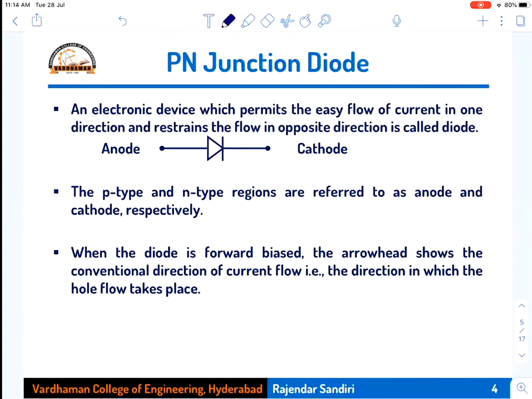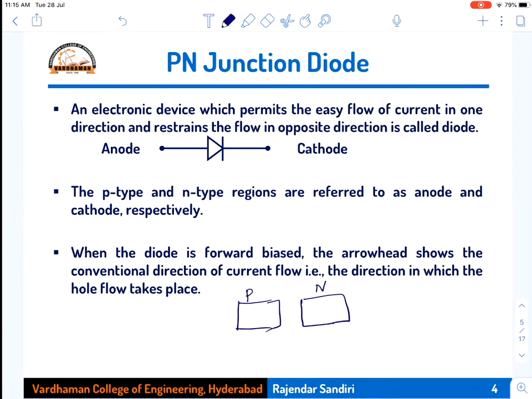Now, making use of N-type and P-type, knowing their properties, how they are formed, and the count of electrons and holes in each, we will construct a new electronic device called a P-N junction diode. When these two types of semiconductor materials, P-type and N-type, are brought in contact with each other. Both are there separately: this is P-type, this is N-type.